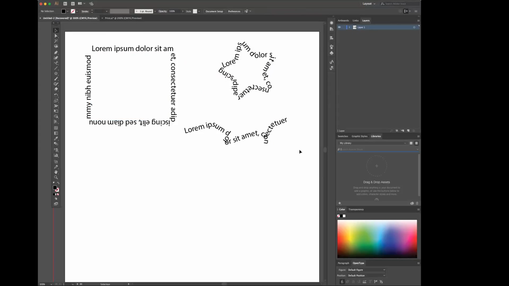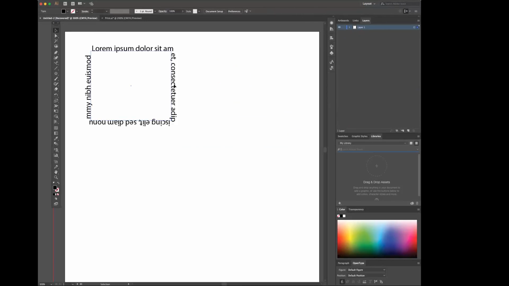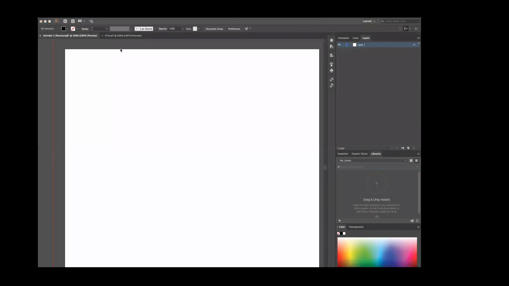So it simply means that the text follows the path of the lines that are created. This will come in handy for our portrait, and I will show you because we'll be using our pen tool quite a bit, but this is definitely very important. So that is type on a path. Let me see what the other one was.